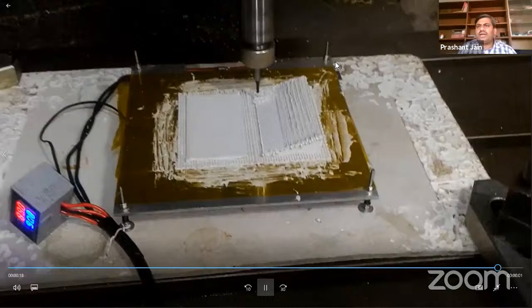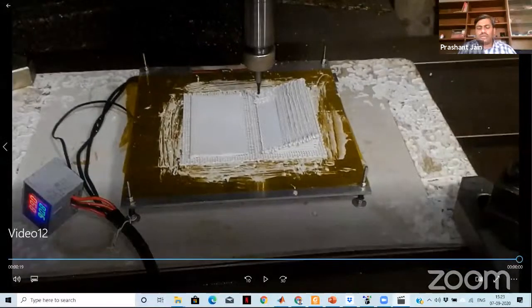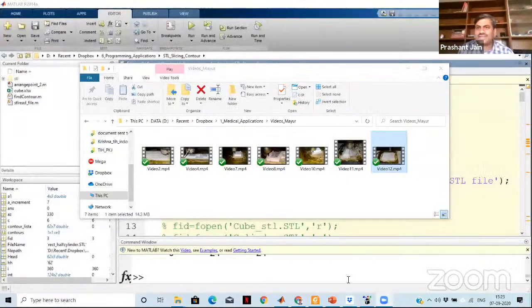Right? So this is the point I just wanted to mention, that there is no problem. We can use any material provided we develop such a facility. Right? Let me stop sharing.